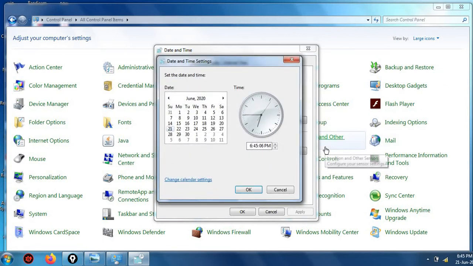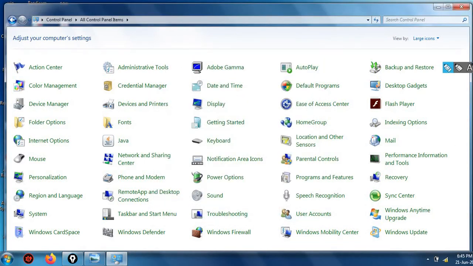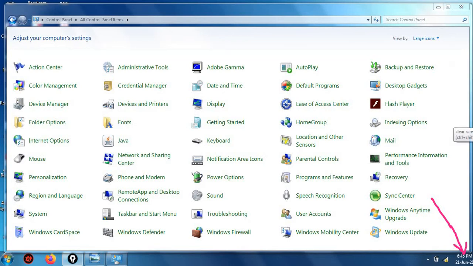I can write 8, but here it is 6, so I am writing 6 again. Okay and okay. So all these changes can be seen from the bottom right corner, where the time and date are generally displayed, right? Now you know how to change the date and time on your system using the control panel.